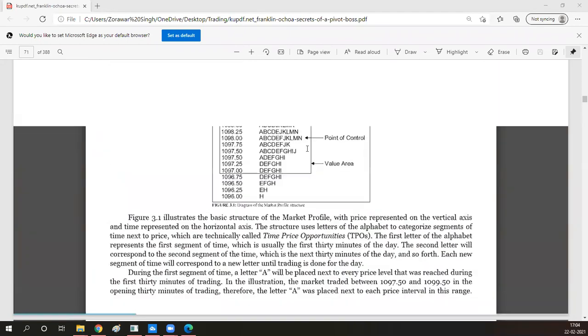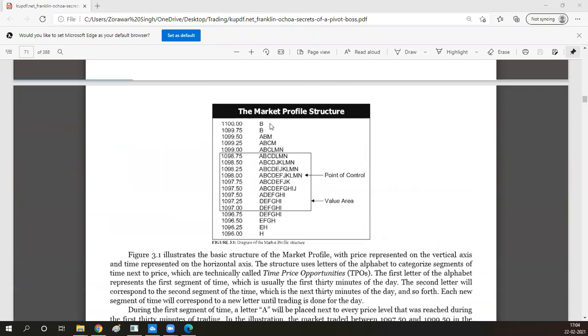So in the book, this is what the market profile structure actually is. This is how it is mathematically calculated, where if a certain price is traded, a letter will come against it, and as time progresses and trading activity occurs more and more, the prices at which maximum trading activity occurred are documented. The price at which maximum trading activity has occurred will become something called the point of control. This forms something like a bell curve. In this bell curve, the region where 70% of all trading activity has occurred is called the value area.